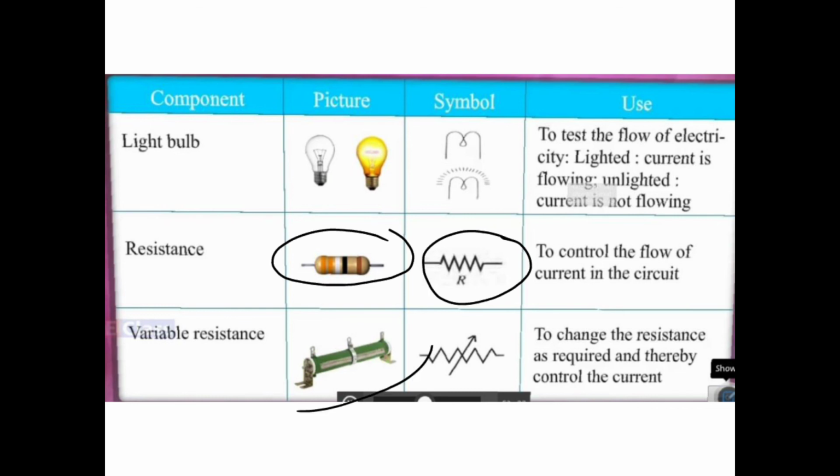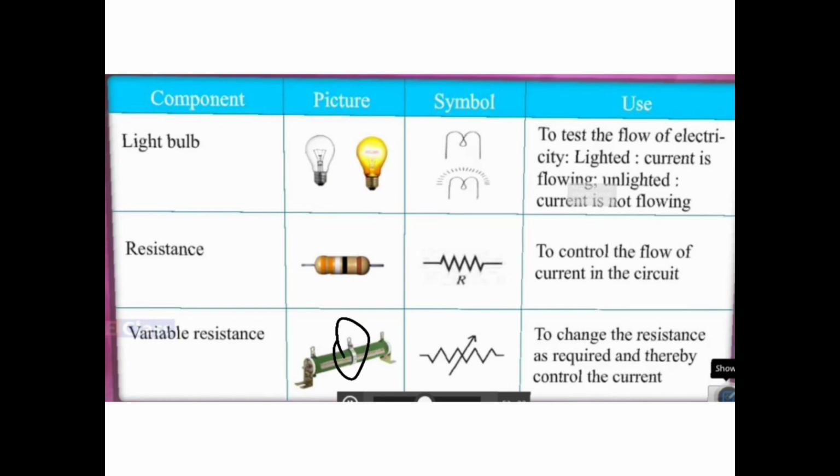Now this is the instrument where the wires are wound on a cylindrical instrument, and up top you have a connecting part. Okay, so this we call a variable resistance. So what you do, you draw this symbol of resistance and then put an arrow over it. That is called variable resistance. Variable resistance means you are able to change the resistance depending on how much current you want. You just move the slider over it, and accordingly the resistance will change and the flow of current will also change.